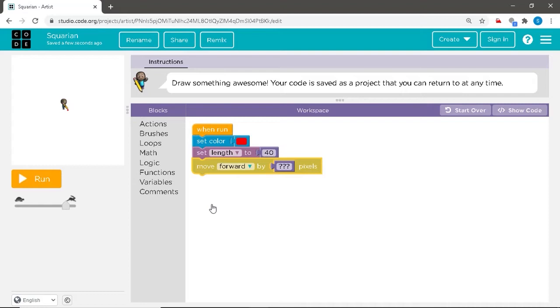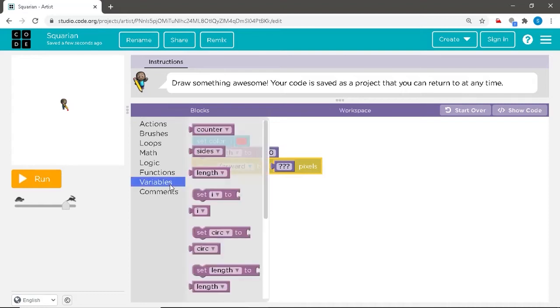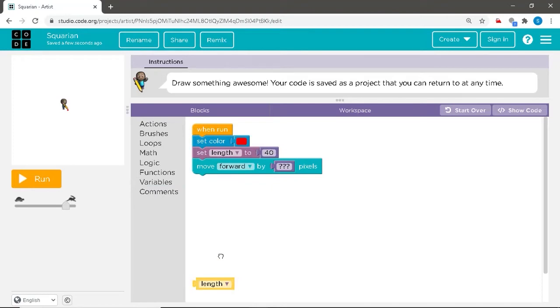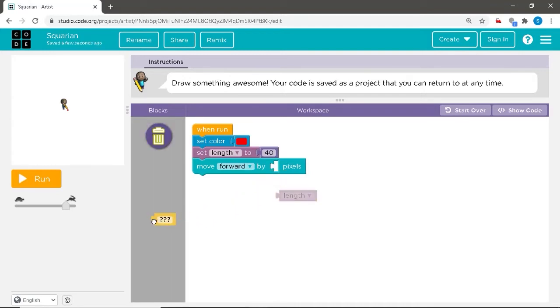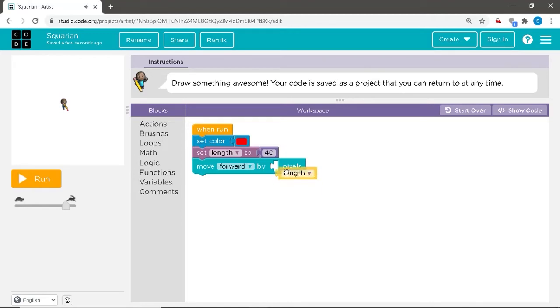So what is 40 units? Yeah, 40 units is the length of the side of a square. So for that, we shall go to the variables section. Instead of directly putting the length, we shall drag the length command. That is, instead of putting 40, we shall drag the length command and place it here. So we shall remove the value command, delete it, and place the length command inside. This is done because we will be further changing the length. Instead of repetitively changing the length, we shall just put the length as our variable, because length keeps varying.